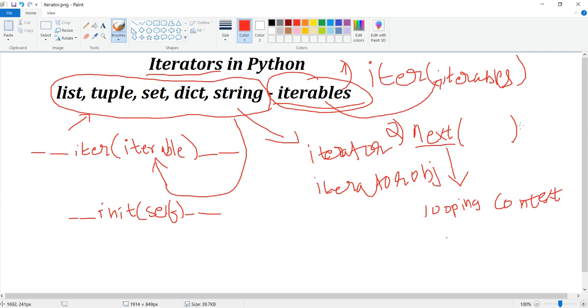Whatever iterables you convert into an iterator by using iter, you have to assign to an object, and this object goes into next, and by this it will print each of the objects one by one in a sequence. That is the basic idea of iterators. For iterators to get initialized, you need to have an iterable. An iterable could be from any of the data structures in Python.